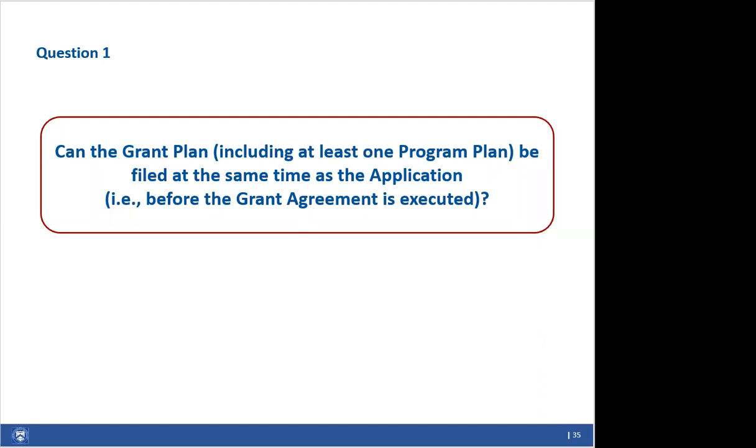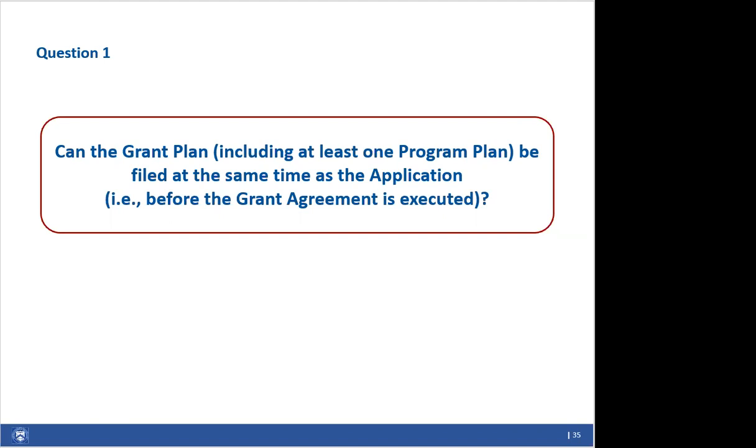Okay, so applications must be submitted by December 27th of this year, December 27th, 2021. And Treasury is not going to accept or review any grant plans from any applicants until the application is approved. So to be eligible to receive funds by Treasury, the grant agreement must be executed, and subsequently, the grant plan must be approved. The grant plan template will be made available through the web-based portal in coming weeks. And as I mentioned earlier, you'll have until September 24th, 2022 to submit all of your grant plan documents.